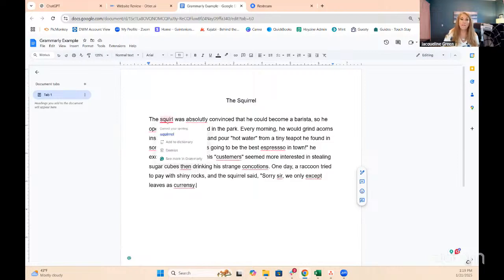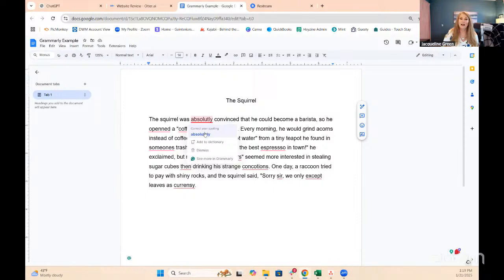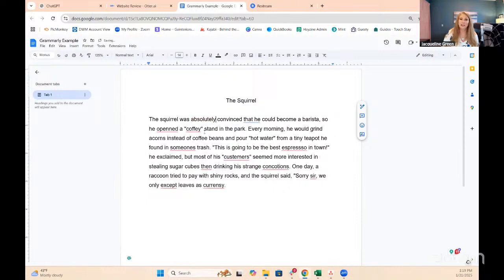So if I just hover over that with my mouse, it will give me the correct spelling of squirrel. I click it, and it will change it. Same with absolutely. It's highlighted. I can just click it, and it changes it. Now, it gives me a blue. That's because it's telling me, and same with absolutely, that from a grammar standpoint, this isn't necessarily needed for